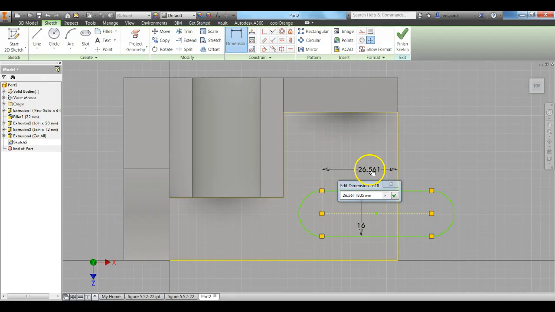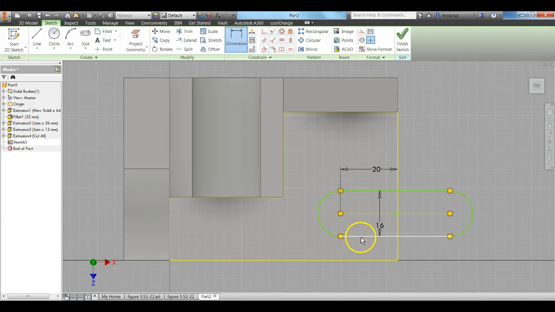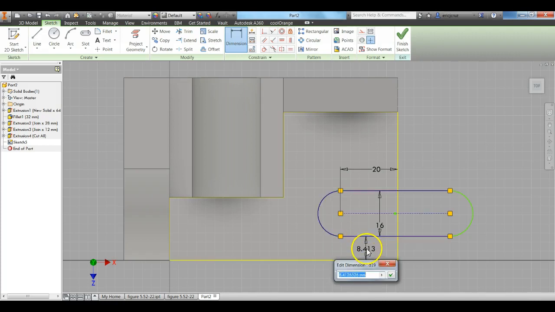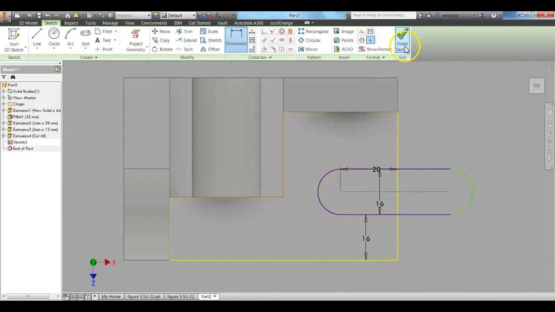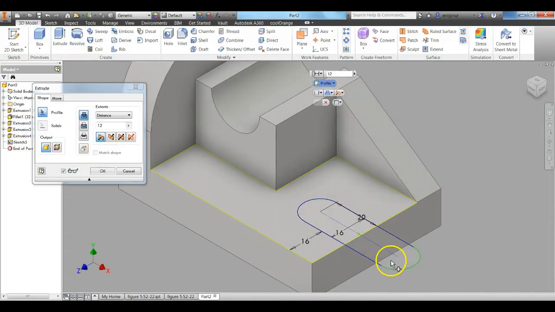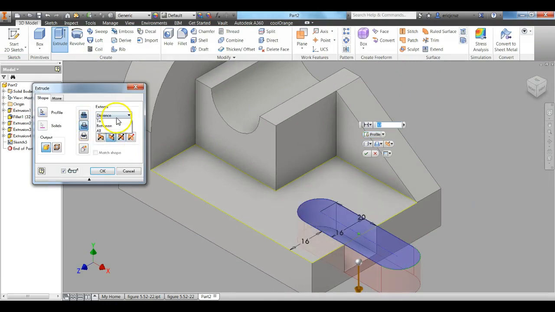What is that? That was 20 and 16. Okay, finish sketch, extrude cut. Okay,